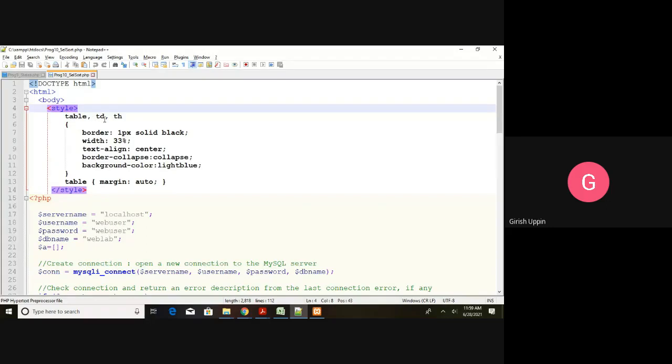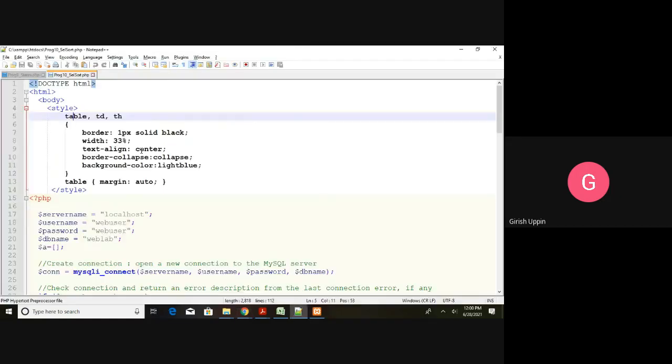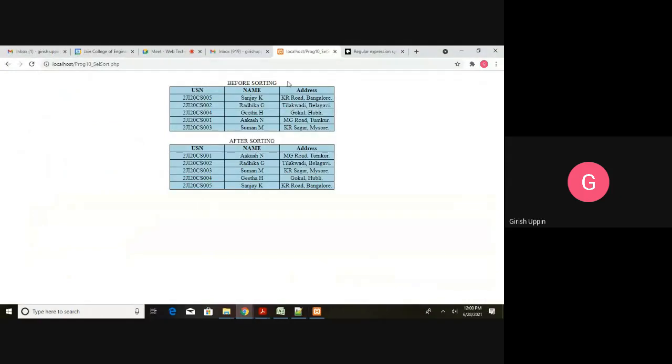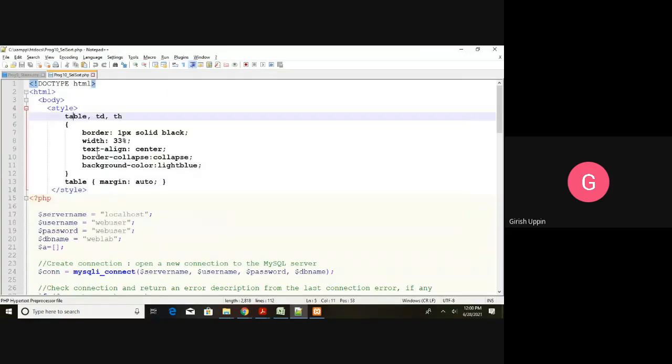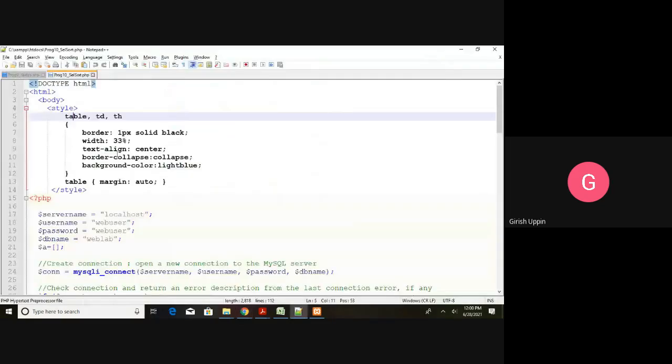Table, td, th for the header and data cells as well as the table, we are going to use these properties. Border 1px solid black, width 33%, so it is 33% of the parent window. Then text-align center, so all the text is aligned in the center.